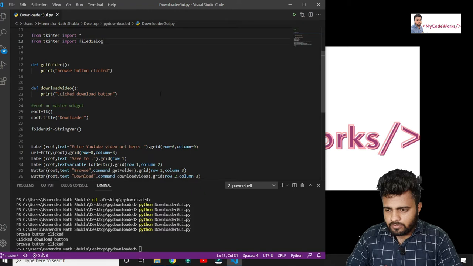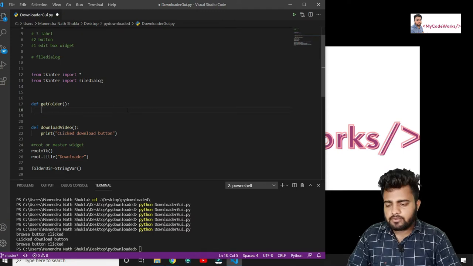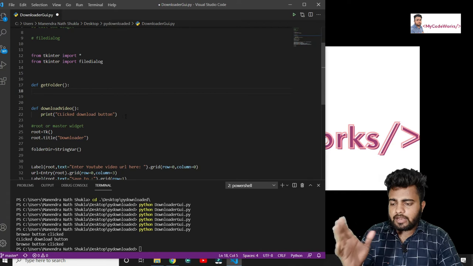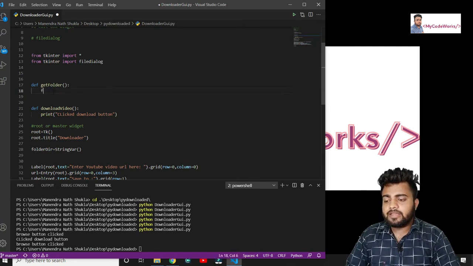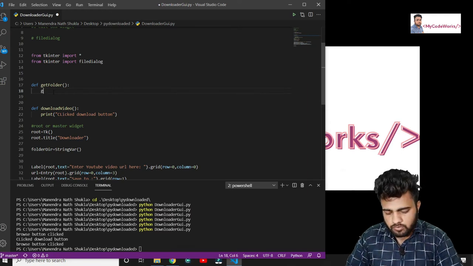And after that, in that get folder function, we are going to create a global variable to set the directory, whatever directory we have selected. Global is a keyword that makes a variable accessible throughout the program.